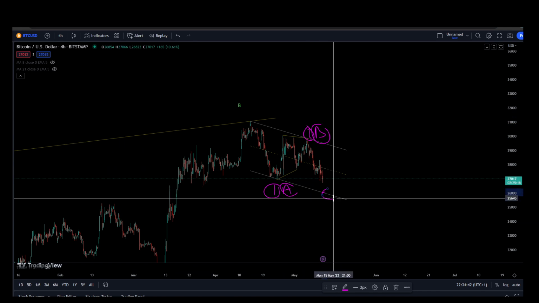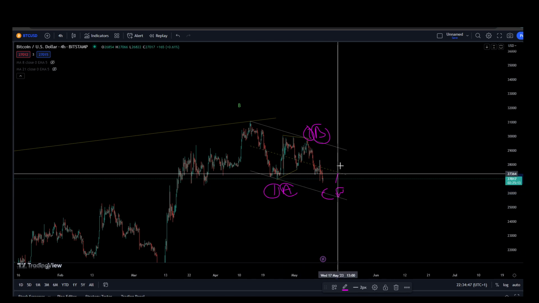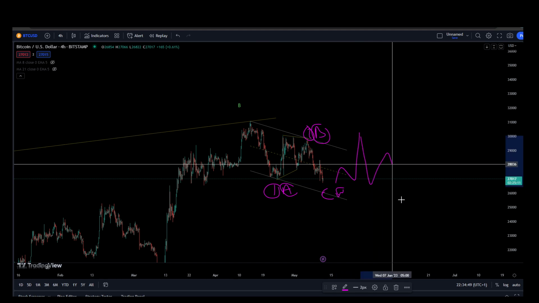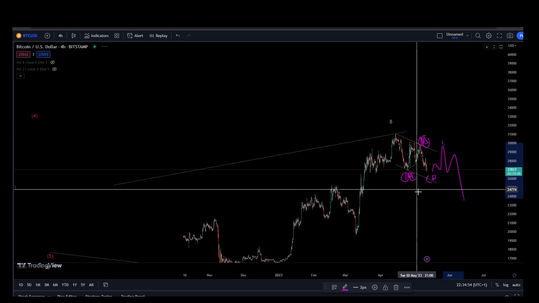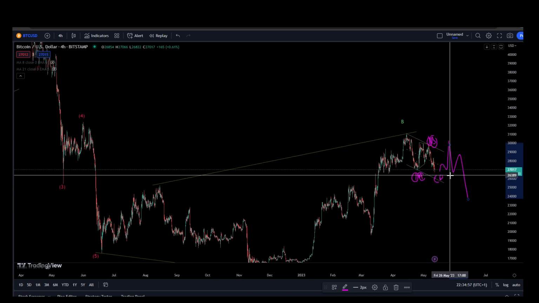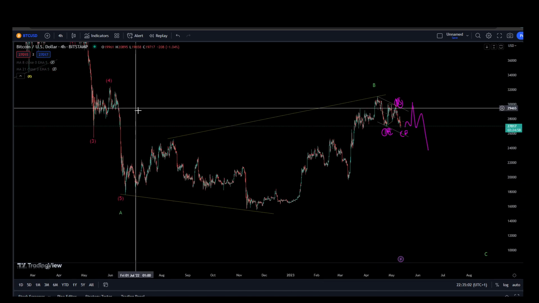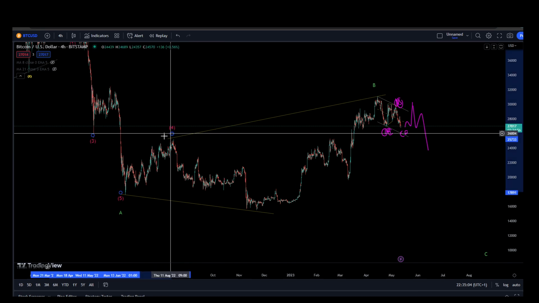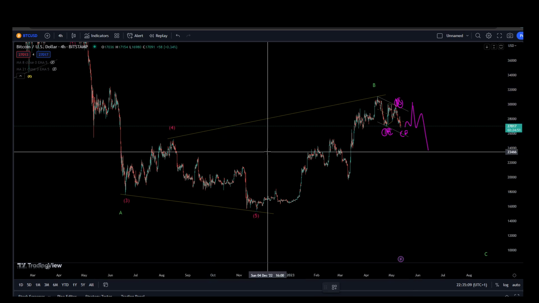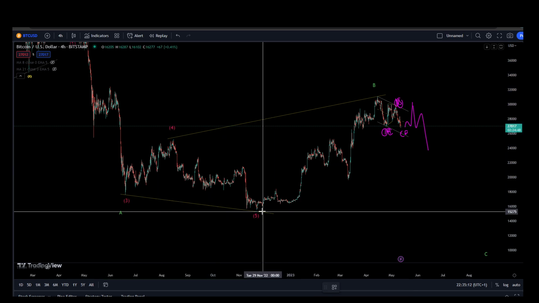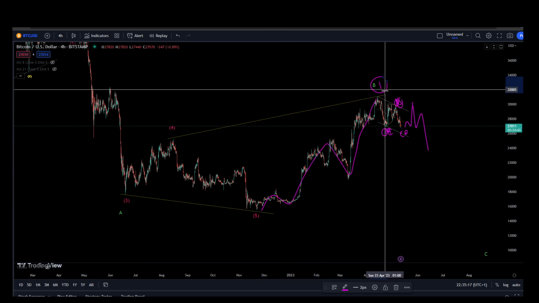This could basically potentially be a wave W as well, so an A, B, C, and then we get three waves up here, and then we come back down in five waves. If this is the case, this becomes a corrective move, then my bias is going to be that we actually finished the wave 4 around here, and this could be the wave 5 right here. This could be the wave 3 finish, and what we have starting to build up is a 1, 2, 3, 4, 5 wave impulse move,